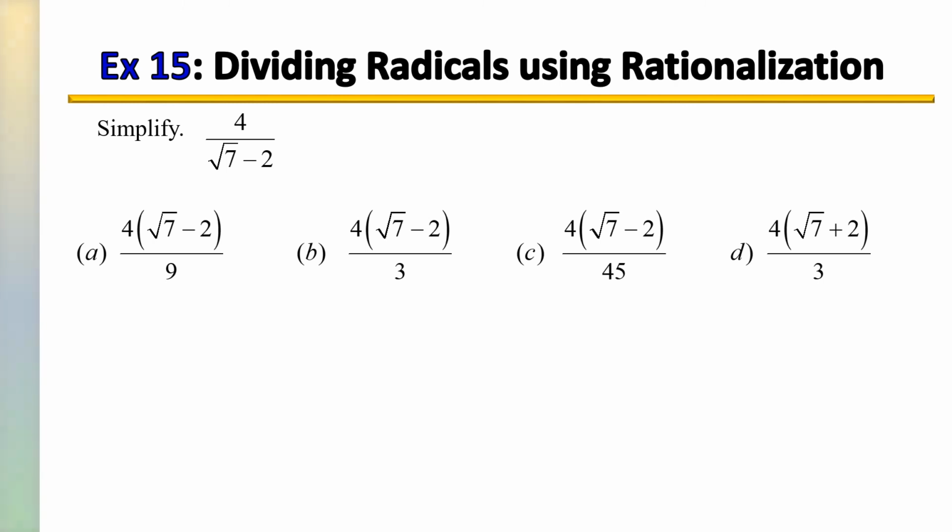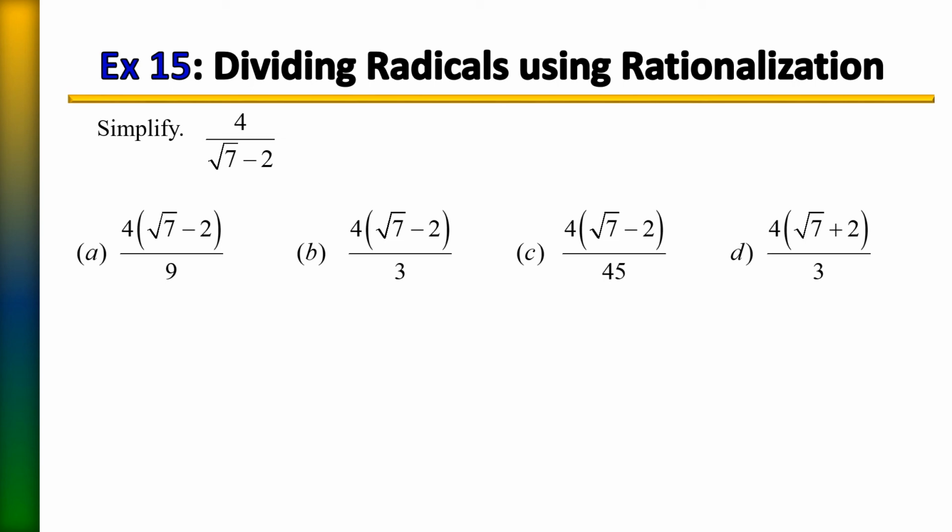In this example, we're going to divide using rationalization. Whenever you have a binomial in the denominator and you need to rationalize, first of all, why do I have to rationalize? The reason is that you have a radical in the denominator, and one of the restrictions of the radical rules is that you cannot have a radical left in the denominator, otherwise your answer is not in its simplified form. So since I have a binomial, in order to get rid of that radical, I have to multiply by its conjugate. The conjugate of square root of 7 minus 2 would be its opposite, which is square root of 7